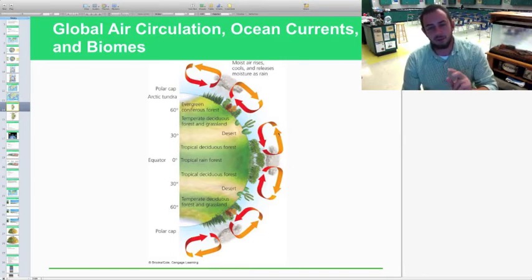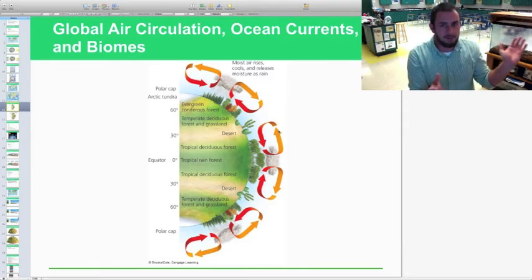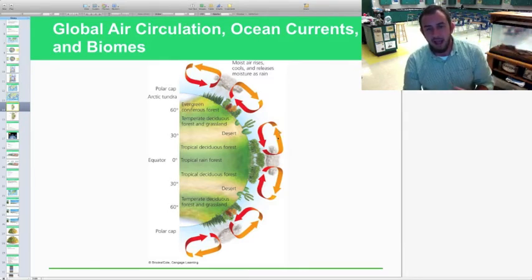Well, as it goes further this way, let's go north latitudes this time. As the air circulates, and it's a big circulation, it's not just a small little area like over the town of Jacksonville, it's huge, huge air masses. As it moves this direction, towards or away from the equator, it becomes more dry because it's already lost all of its moisture content. So now it's cool, dry air, and then eventually it sinks down. As it sinks down, it actually brings heat with it, and those dry areas, you can see, are the deserts. Where the area of high precipitation is are your dense, thick forests with vegetation like the rainforest,